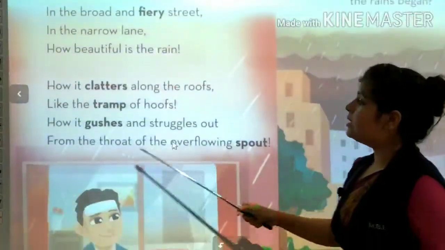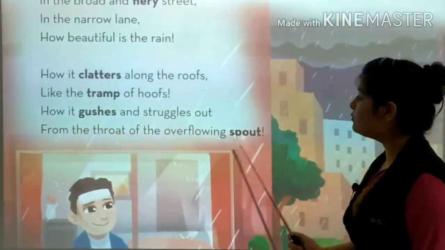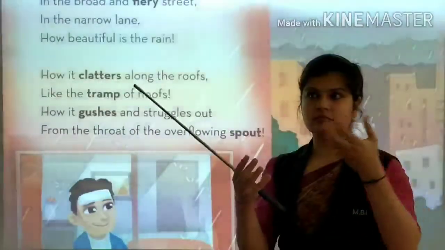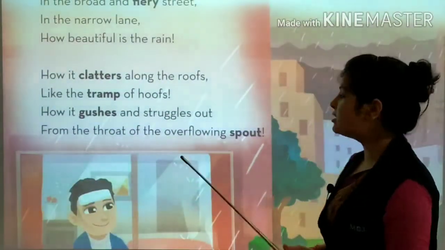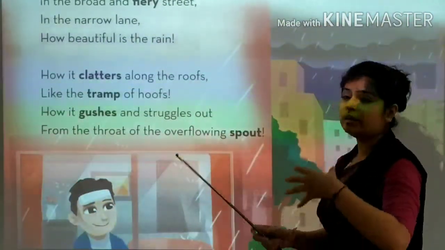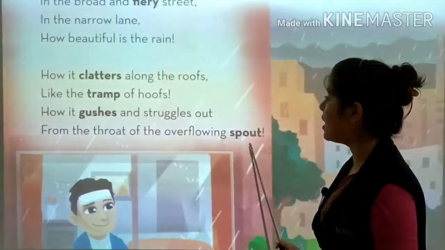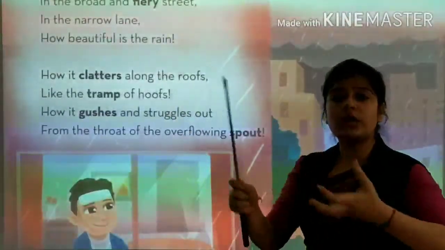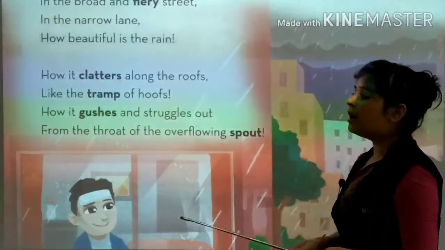In the next line, how it gushes and struggles out from the throat of the overflowing spout. Spout means like a tube, जैसे कि कोई भी ट्यूब होती है, ट्यूब में जब पानी ओवरफ्लो हो जाता है उसमें that is called spout. So the poet is saying कि जब the rain water overflows in the spout, it gushes out. How it gushes out, कितनी quickly, कितनी fastly और कितनी speed से ये बाहर आ जाता है and struggles out,